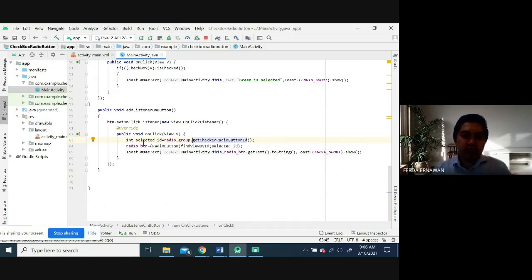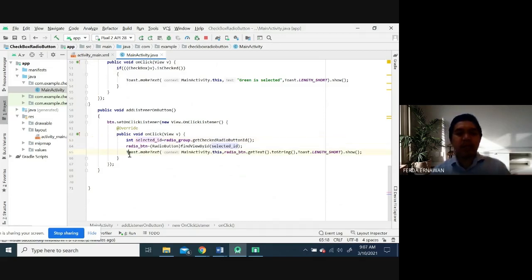Okay, and store into the selected ID. After that, we link. Okay, we try to link. Okay, the selected ID, okay, by declare radio button find view by ID, and this is the selected ID. Okay, the selected ID from the user that the user check.